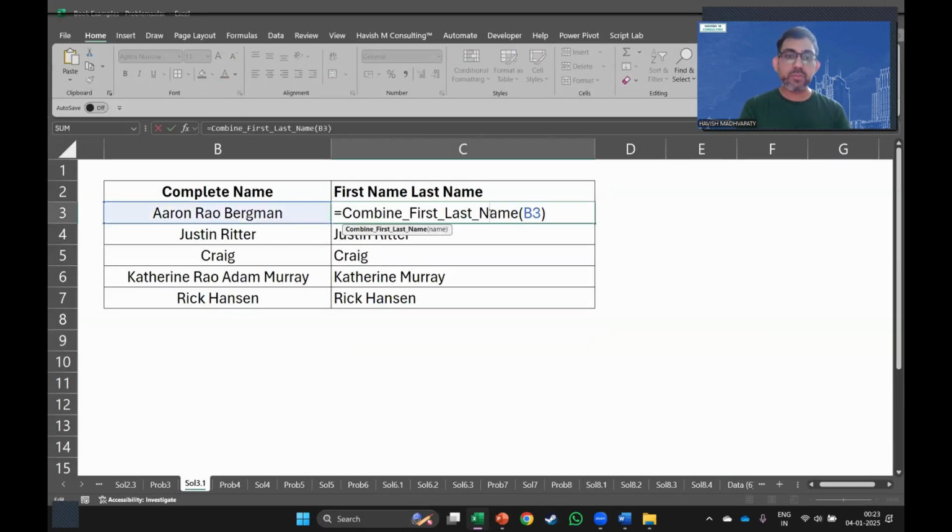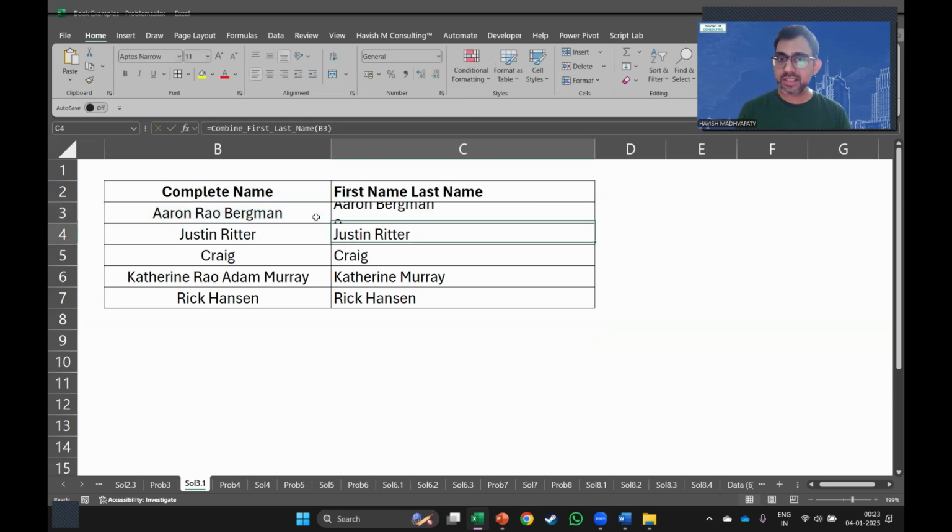Now, as you can see from the solution file, there is already a function created called combine first last name. If there is Craig, just the first name, it is as it is. If there is Justin Ritter, again as it is. But in case there is a middle name, like Aaron Rao Bergman, then it shows you Aaron Bergman. So what we want to do here is,